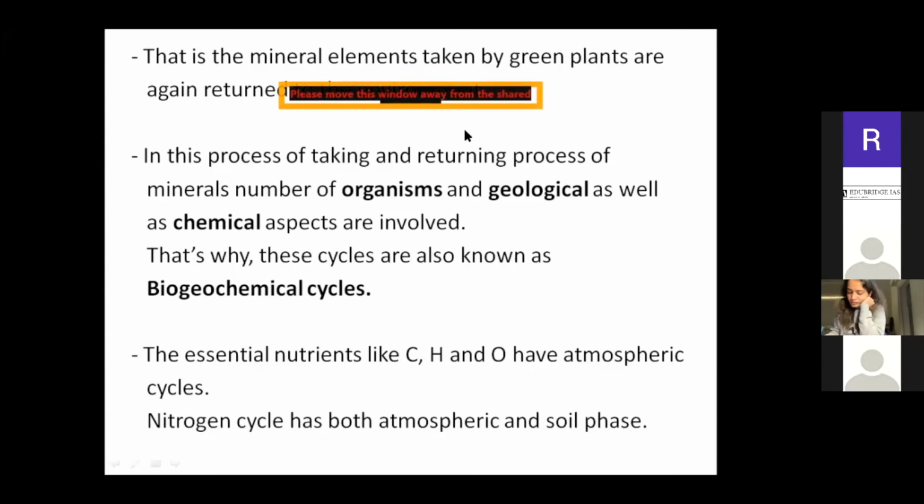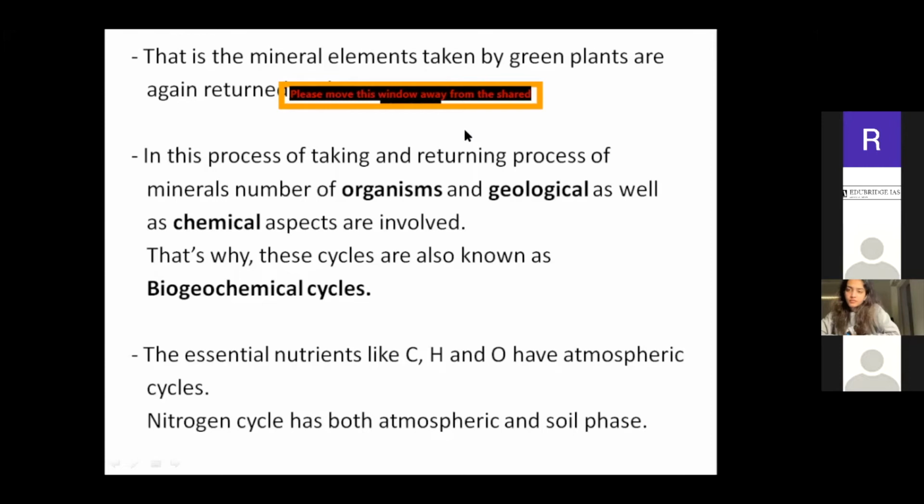And lastly, there are certain nutrients which are again essential nutrients like phosphorus and sulfur. They are available majorly through soil. That means they do not have atmospheric cycles. They do not have atmospheric phases. They only have sedimentary cycles. Fine. And whenever we talk about sedimentary cycles, we should also take into account how those nutrients are made available to biotic components. For sedimentary cycle, those nutrients are made available to biotic component through the process of weathering or